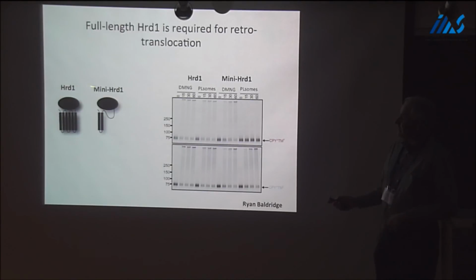Now, this is an important experiment. If this is translocation, you would expect that the HERD1 molecule forms a channel. And so what we did is we removed several of the transmembrane segments of HERD1. So we made a protein that we call mini HERD1. And you expect that the channel is destroyed by this. And indeed, this mini HERD1 retains ubiquitination activity, but in this case, the red molecules are not modified by this mini HERD1. So in other words, with mini HERD1, this large domain cannot move across the membrane,